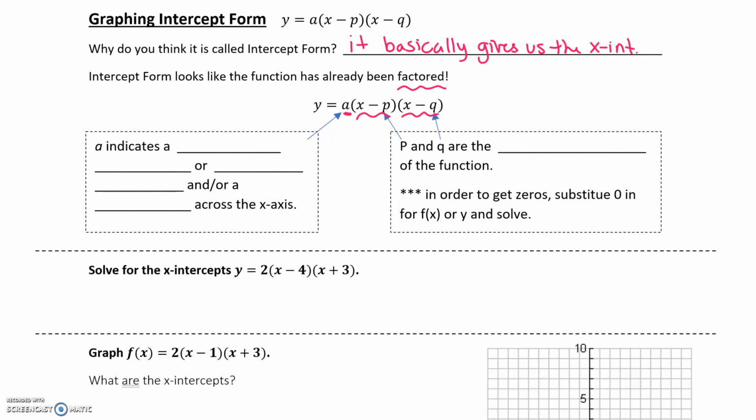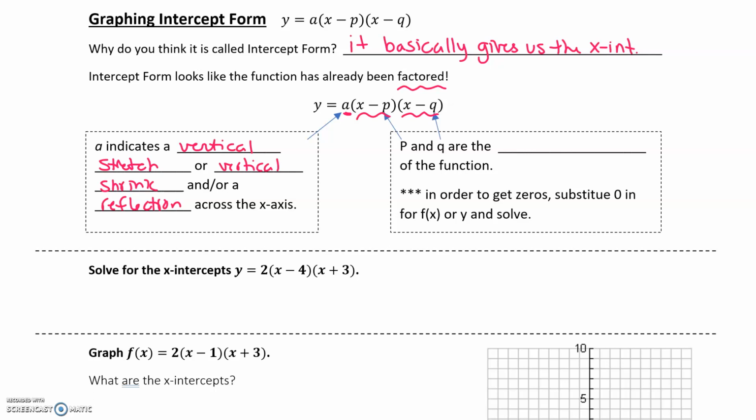So let's talk about the A first. The A is going to indicate a couple different things for us. So first, A indicates that we have a vertical stretch. This means that the graph is going to be narrow, or a vertical shrink, which just means that our graph is going to be wider, and or possibly that we have a reflection